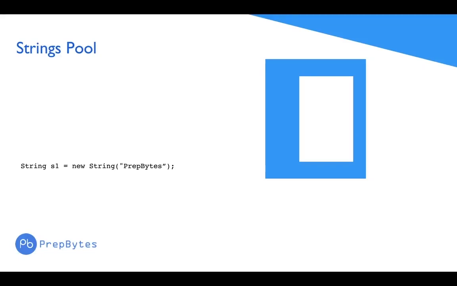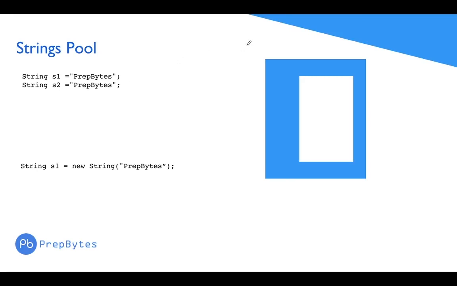Now let's see a few more cases and try to understand what a string pool is. Let's talk about this concept, string pool, and we will also see a few things about string equality. So let's say I create two strings like this. We have string s1, and we have initialized this with prep bytes, and again we have string s2 initialized